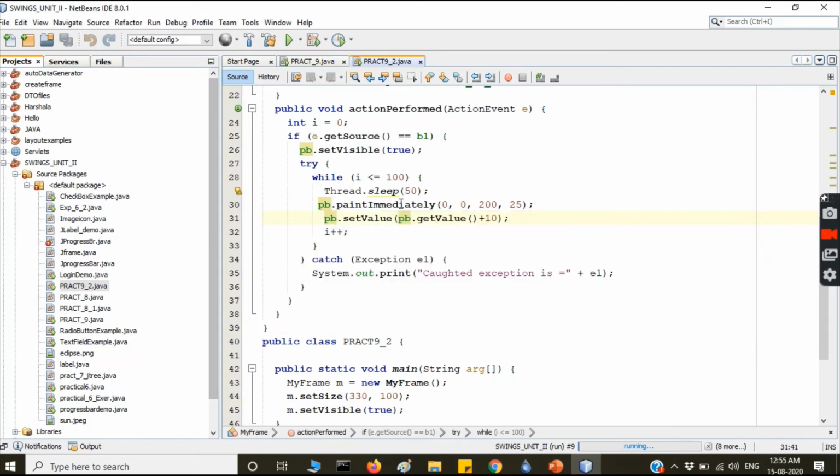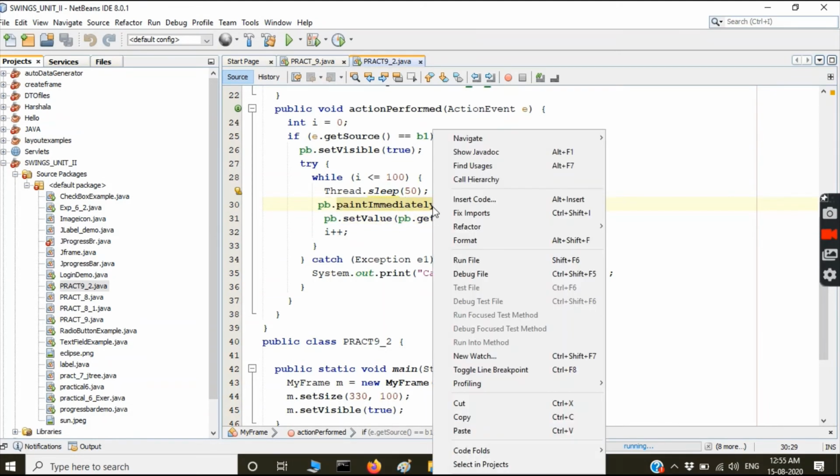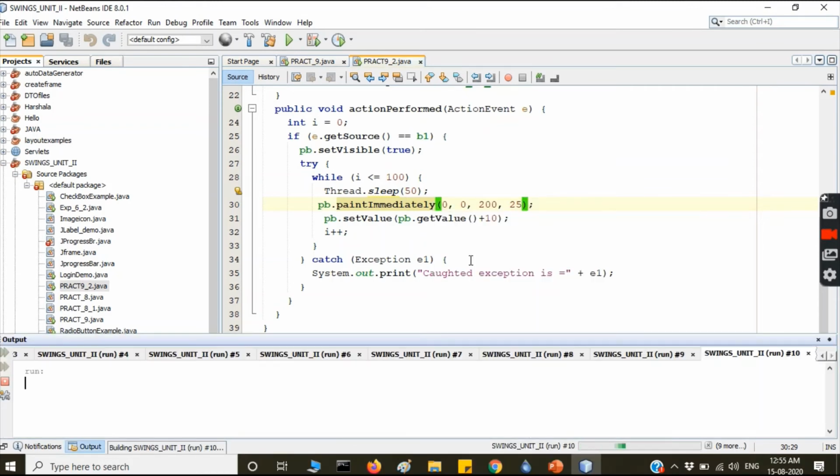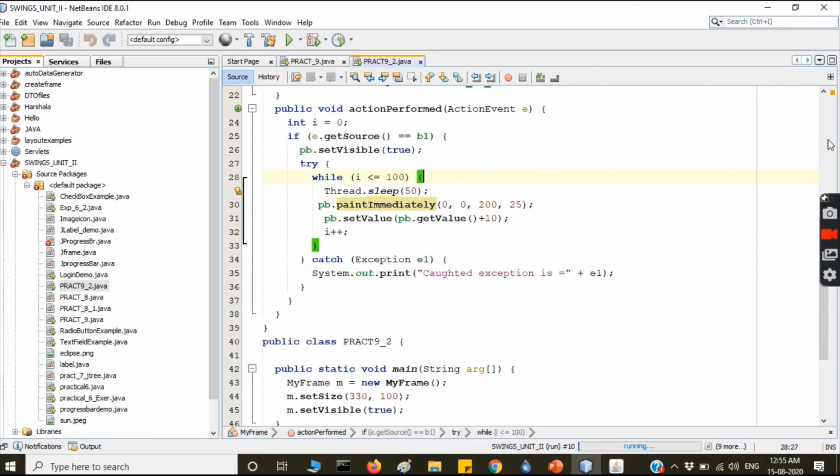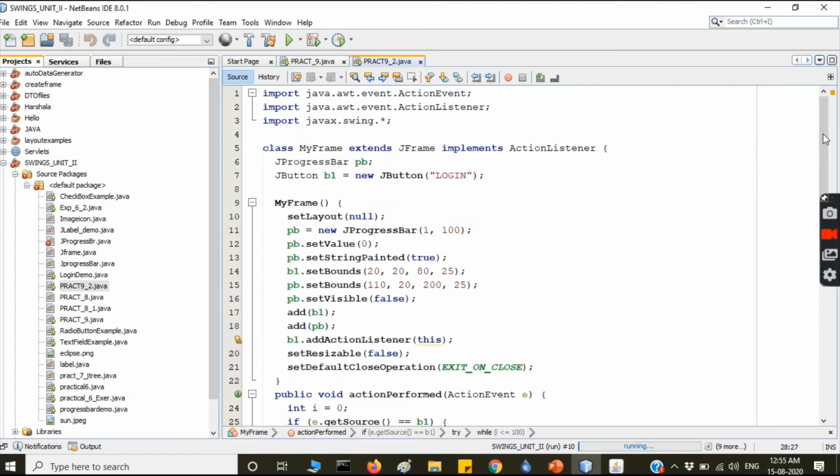Here I will run the program first, and here this is the button. When user clicks on this button, the progress bar will be visible. Is it clear? So for that we created the frame. In that frame we created the JProgressBar, and the initial value of the progress bar, initially it is 1 and this one set value as 0, and set string painted true.